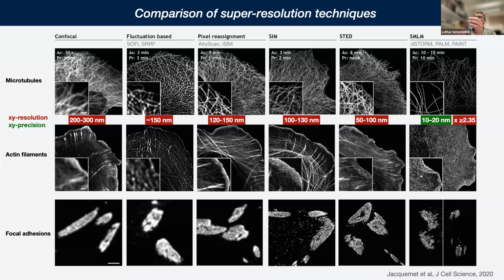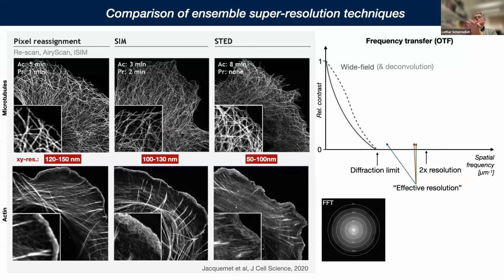So it's not quite the same as the optical or structural resolution that ensemble techniques give us, and we have to keep the label density in mind. But if we stick to those ensemble measurement techniques, like pixel reassignment and SIM, then